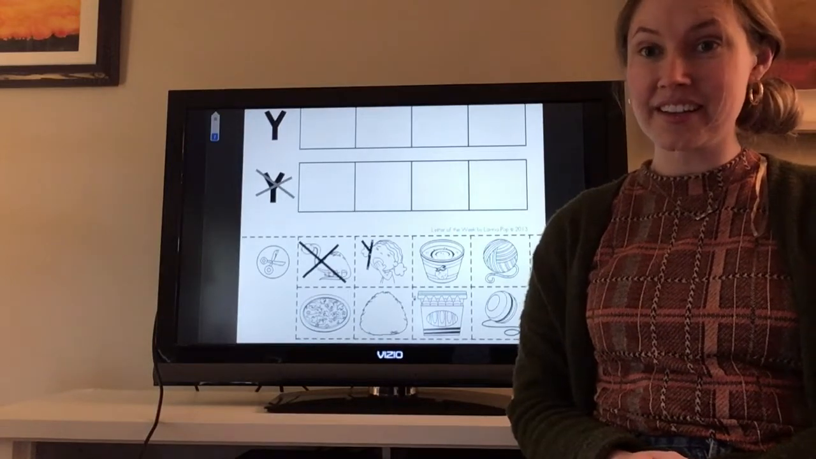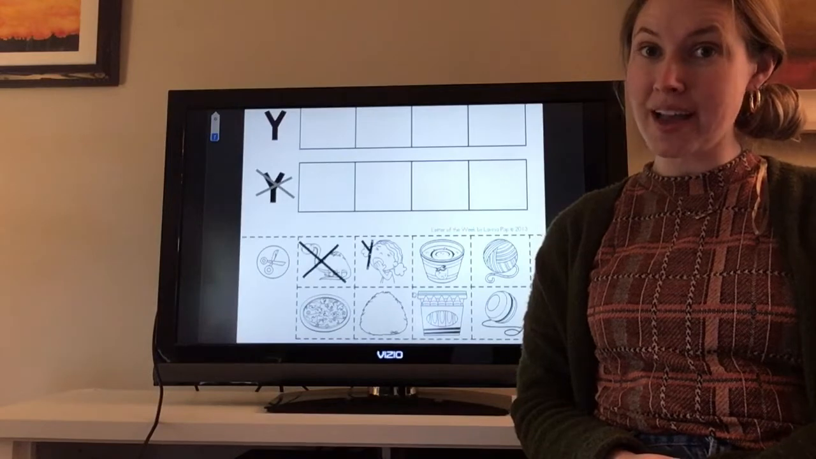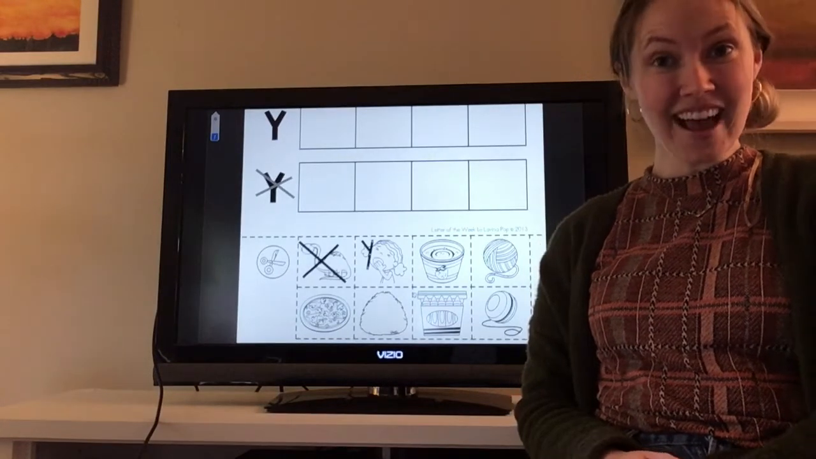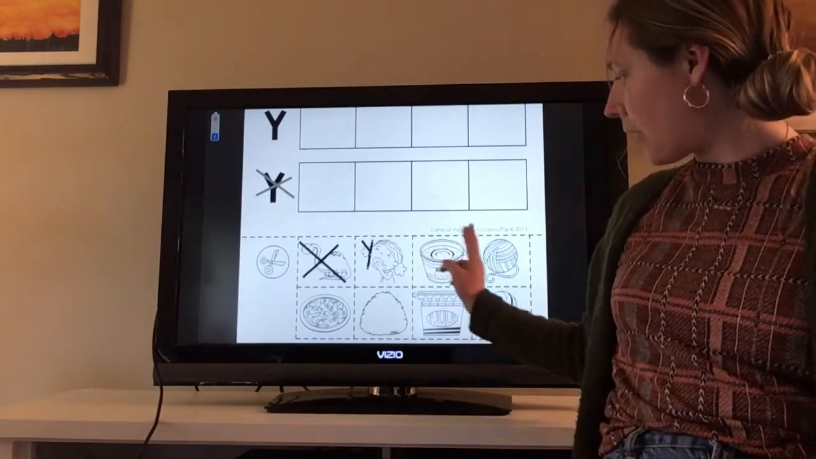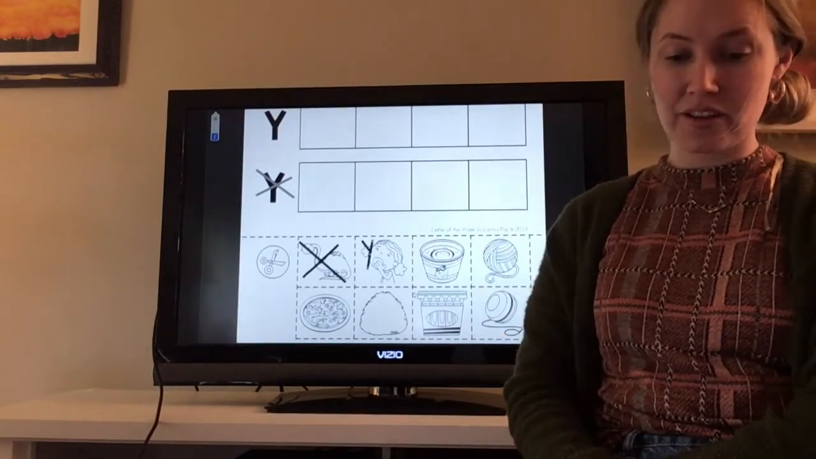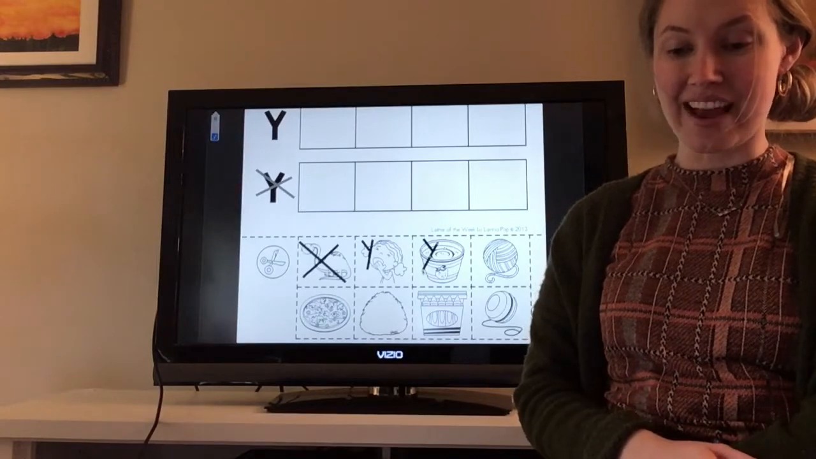Yogurt. Does yogurt begin with Y? It sure does. It also begins with the Y sound. So if I were to cut it out, I would put it on my top row here. So I'm going to write a letter Y to signal that. Now let's do